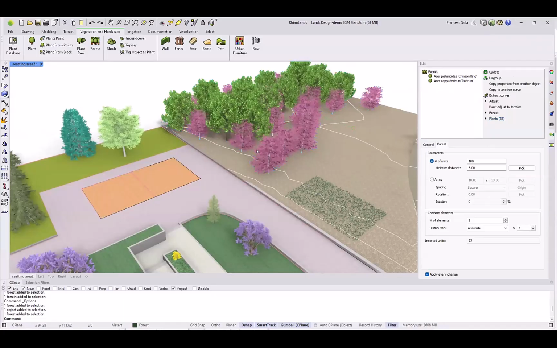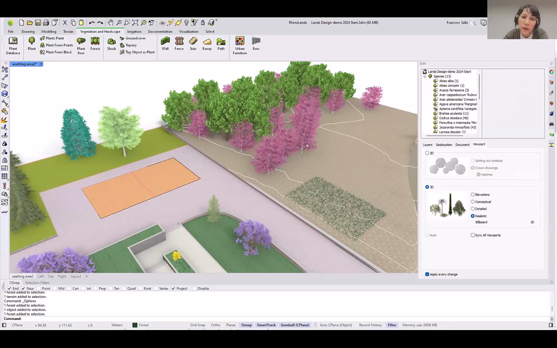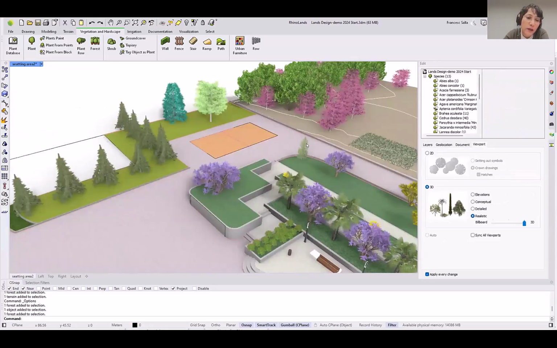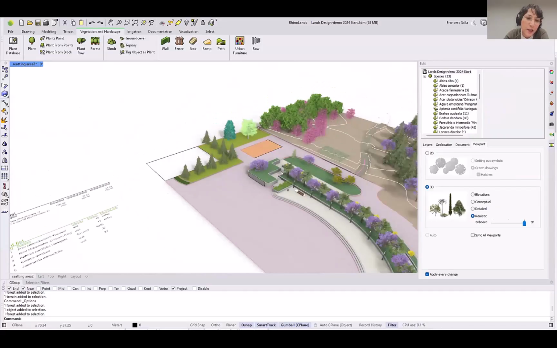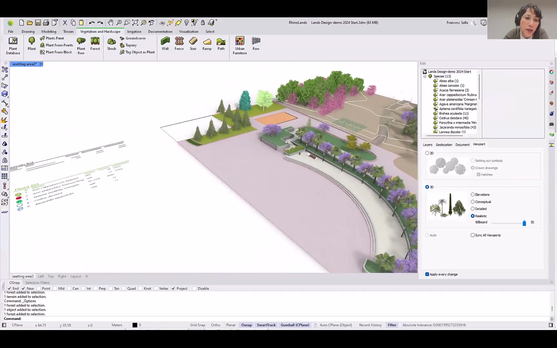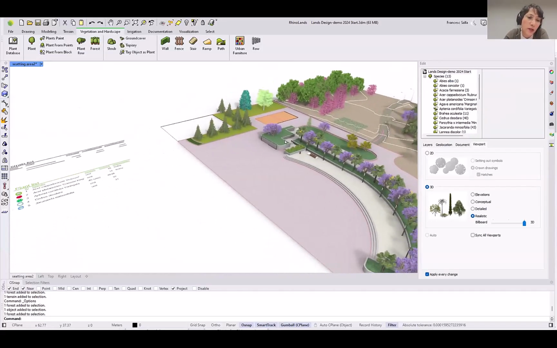Okay, I see. Well, another workaround, which is faster and easier, is to export the plant list to Excel and then add your own data, whatever the price or whatever. It seems to me a bit more